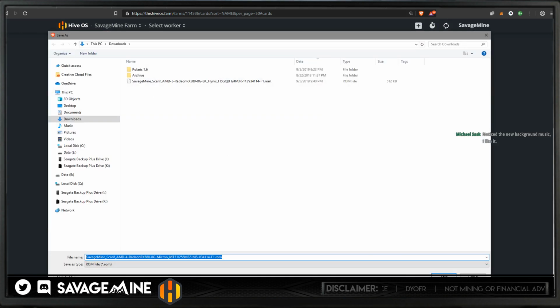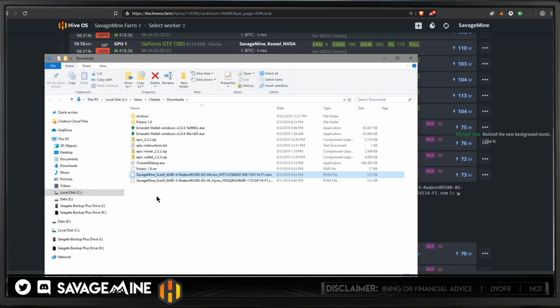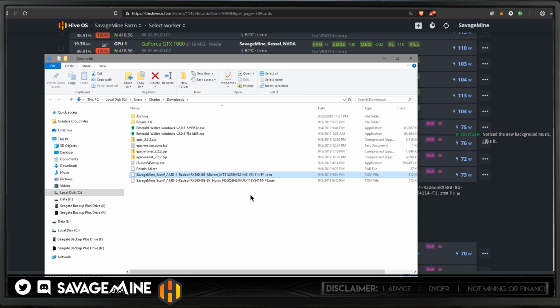Yep, good, and we're going to save that. When it looks like this, that's the one we just saved. See, it's Micron there. Now this one's already BIOS modded,